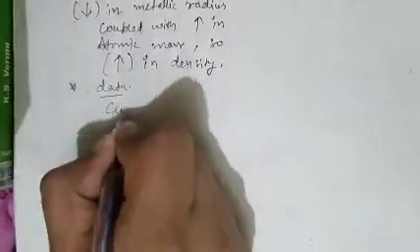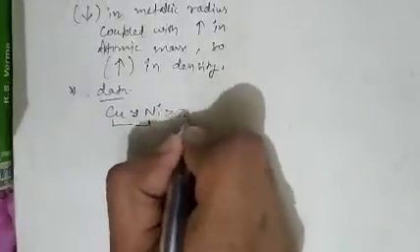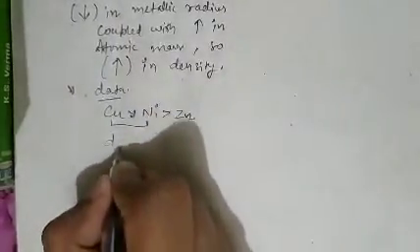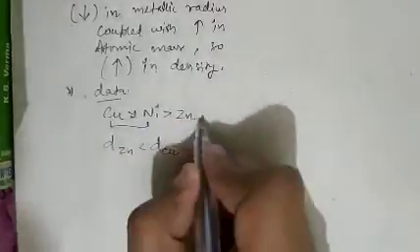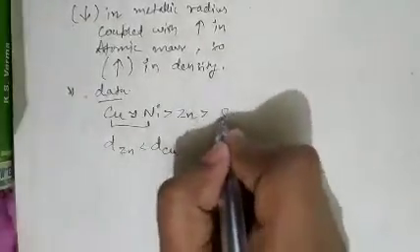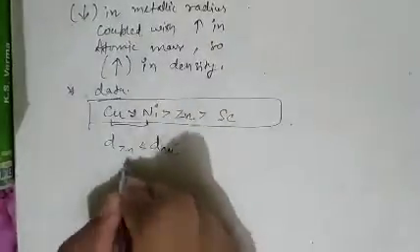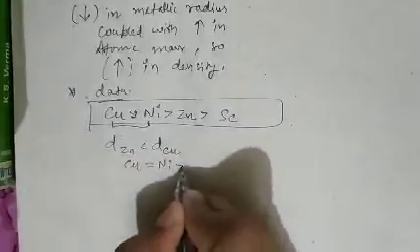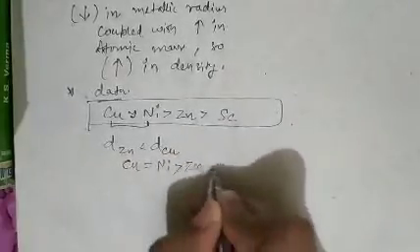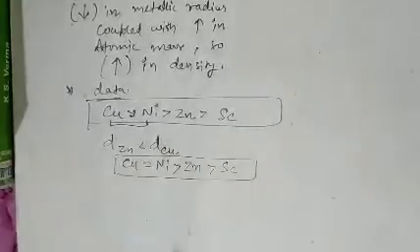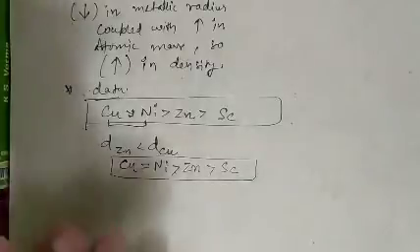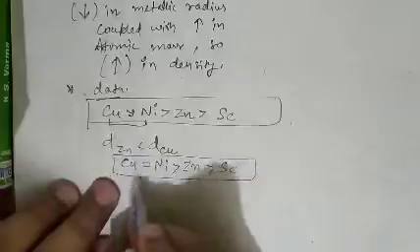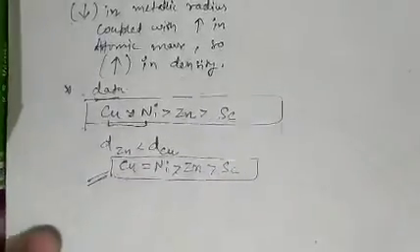But as per data, the density of copper and nickel is the same, and the density of zinc is less than copper. Therefore, it will also be less than nickel. After that comes the density of scandium. Copper and nickel densities are the same, while nickel density is more than zinc and scandium has less density. So copper has the highest density in the 3d series and scandium has the lowest. So question number 74, option B is correct.